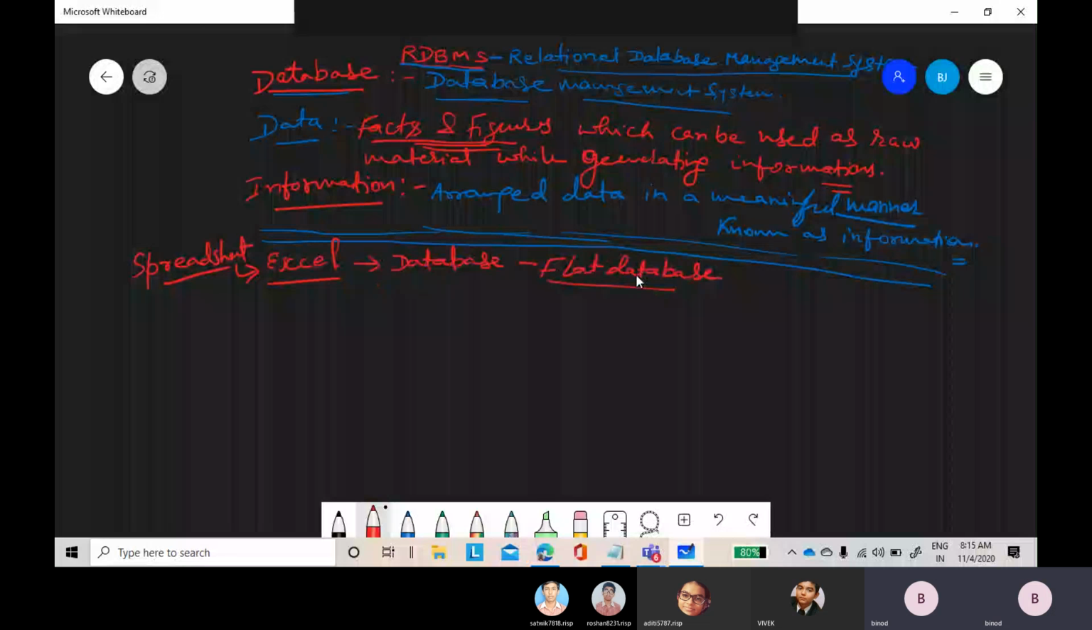Why do we call this the flat database? Because we all know that in Excel also we keep the data. We also keep the records which have a small fixed number of cells. See, what about the flat database? Please keep in mind,